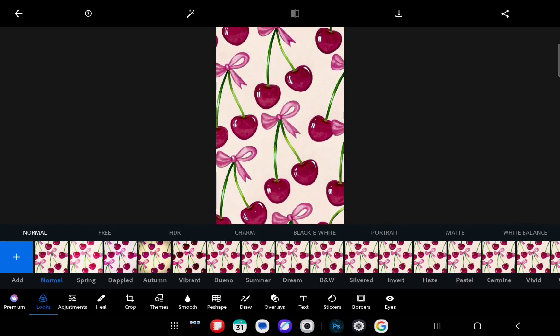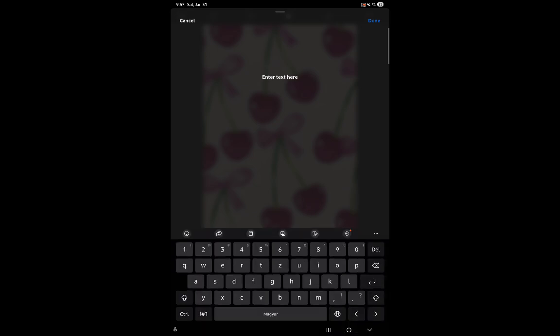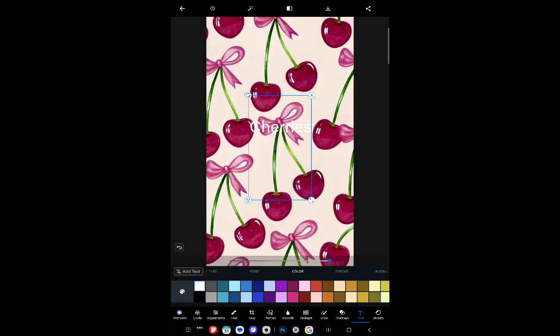After that, press on text down below and you can just enter a text now. Since this is a picture about cherries, I'm just going to enter cherries here. And that's pretty much it. After that, you can just press on done and the text is going to be added to the screen, basically